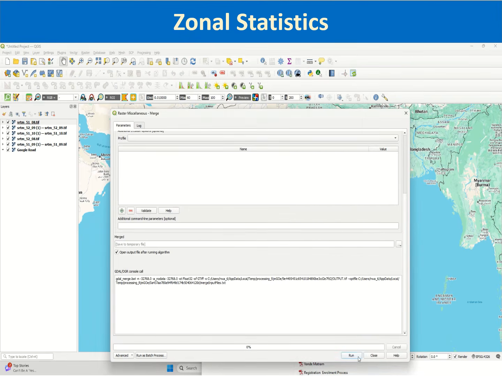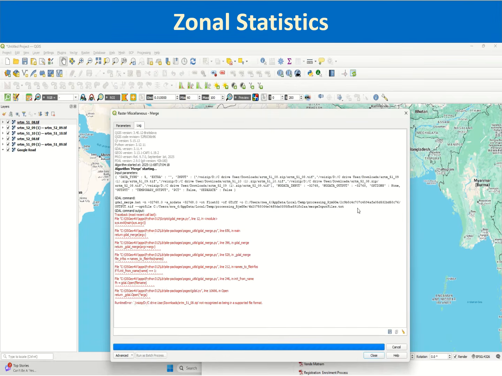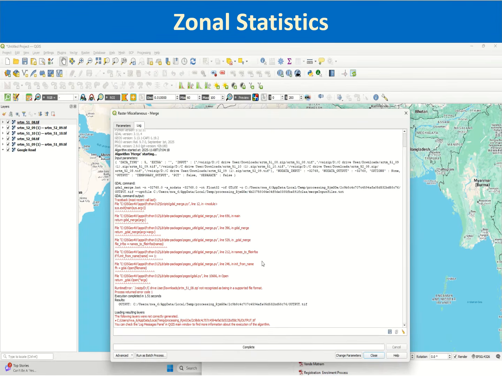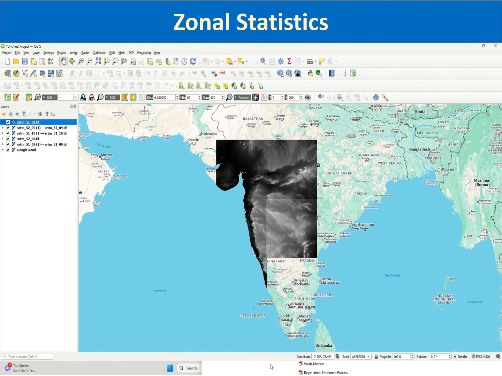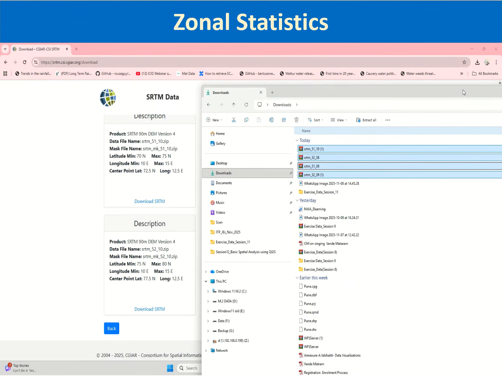Anyway, I will run and I will create a temporary layer. There is some issue. Oh, .zip is not recognized as a file format. So what we will do is,